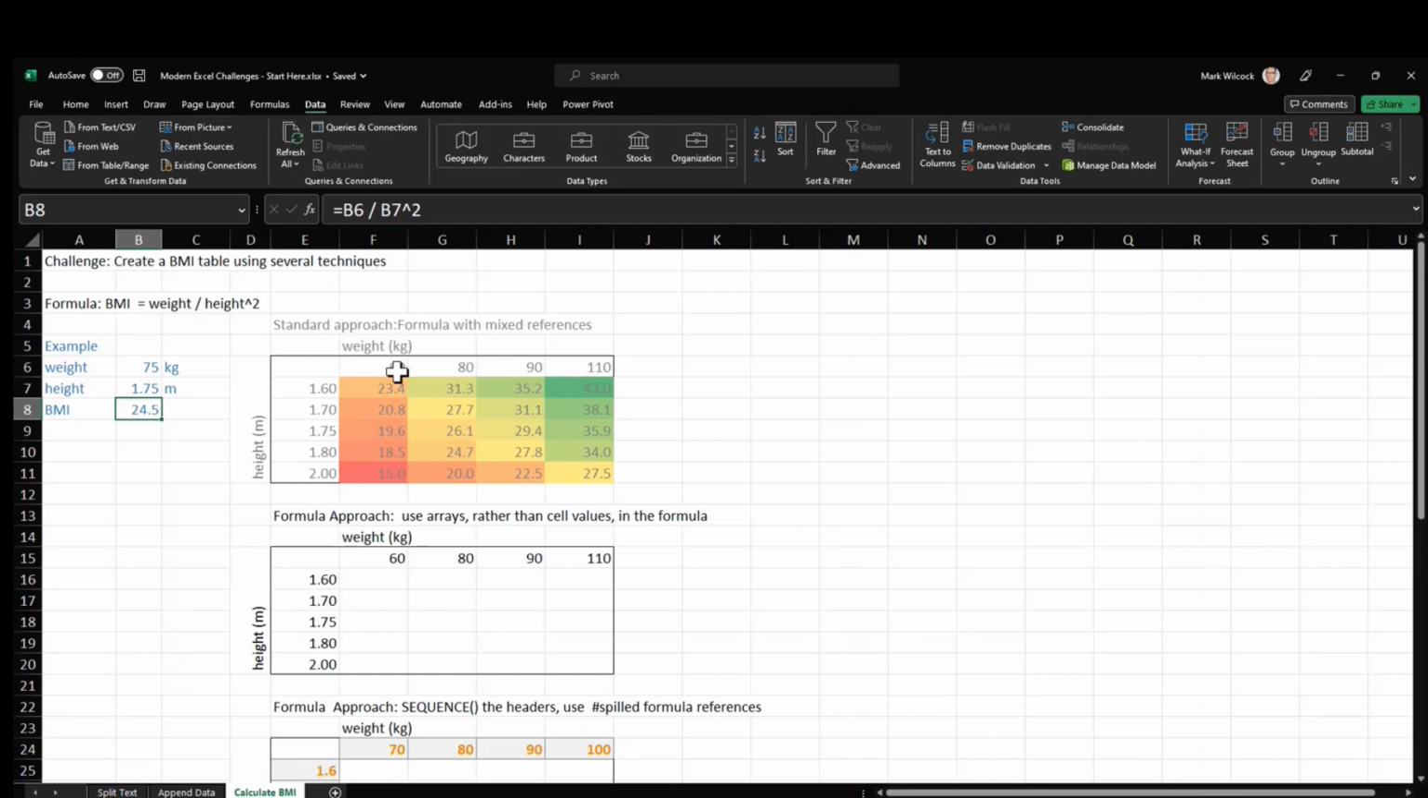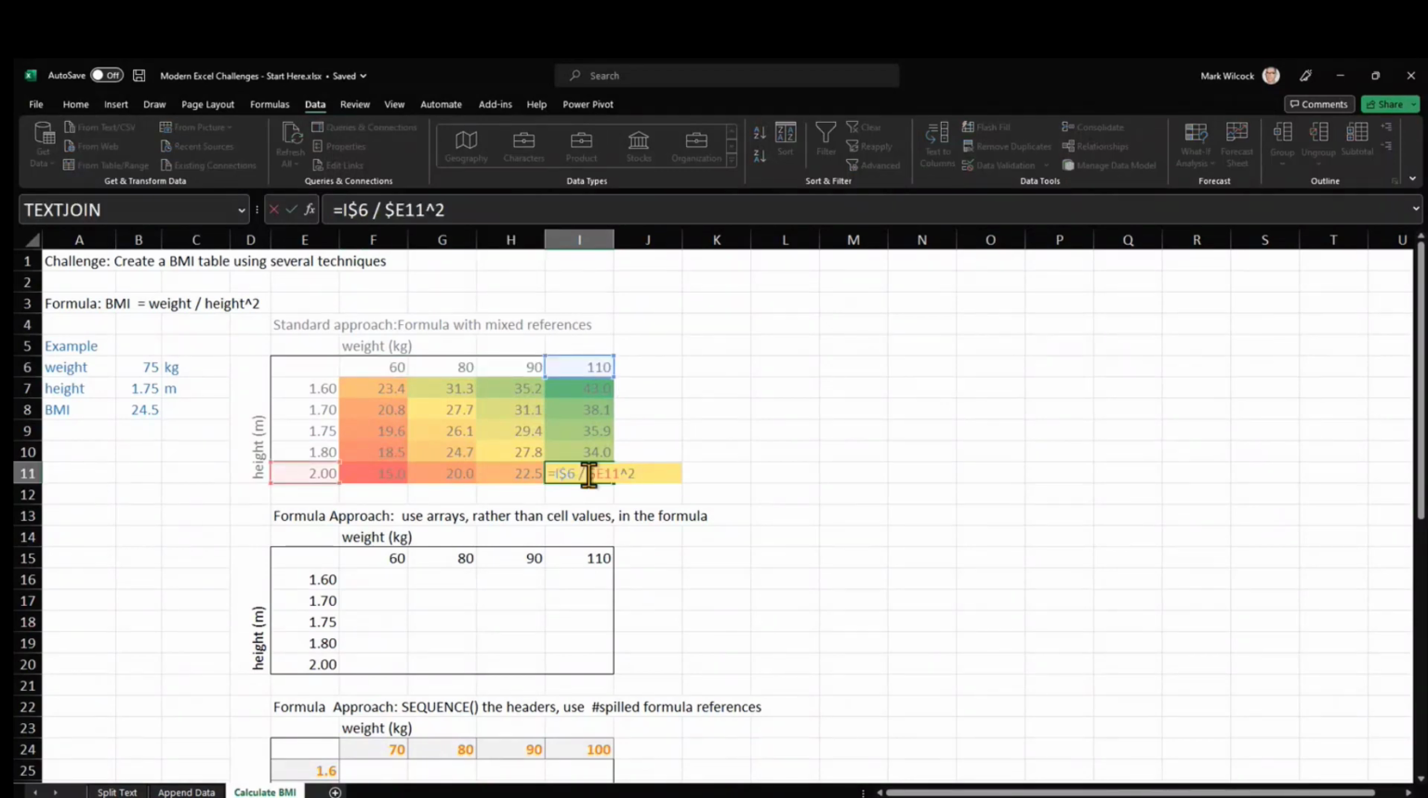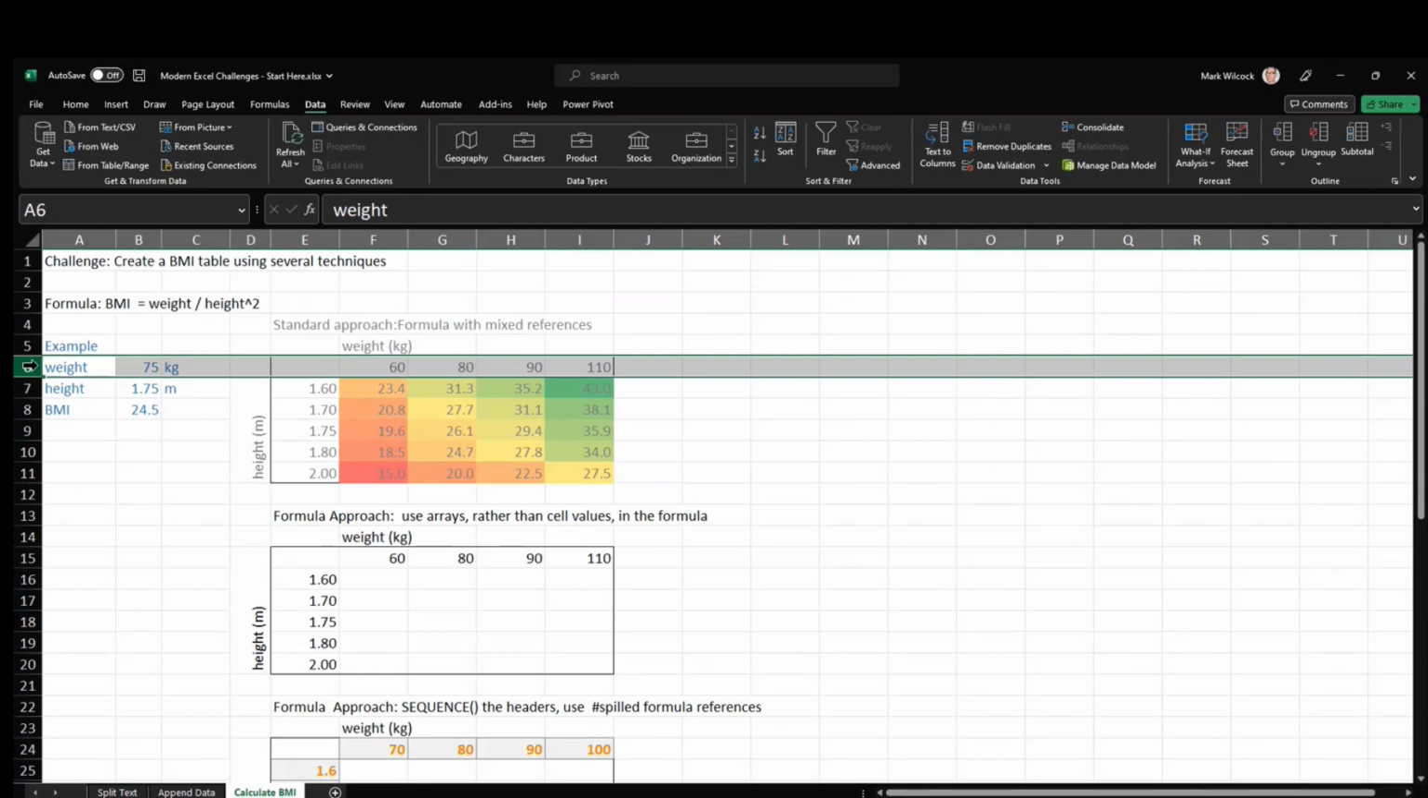But we've got a simple calculation here called BMI. And what we might want to do is have a BMI table here, where we work out the BMI for a set of heights, people between 1.6 and 2 meters, and a set of weights. And of course, if I click on this, we can do it the old way. And the old way is using what we call mixed references. So we've got $6, $11. So we're fixing the row for the 6th row for the